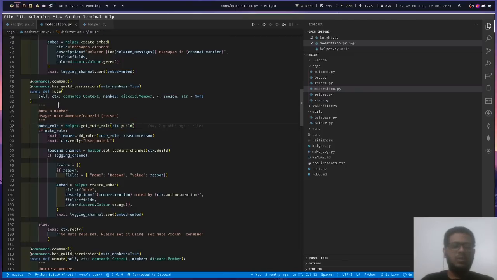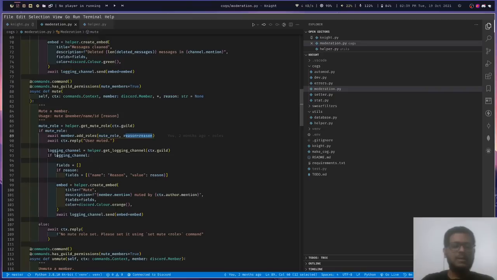Then the member which we have passed in the parameter of the mute command, and we will apply an add role function provided to us by the library, and add the mute role. And if we have provided the reason for the mute, we can pass that too.